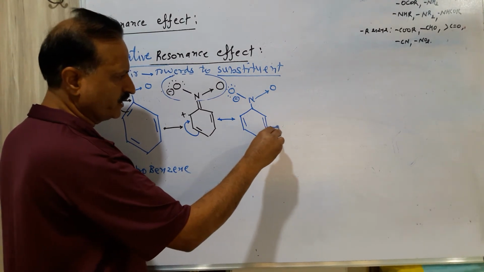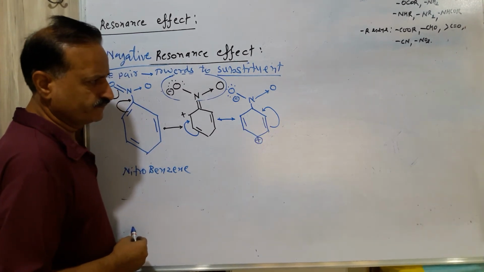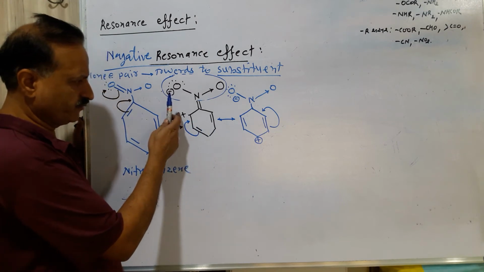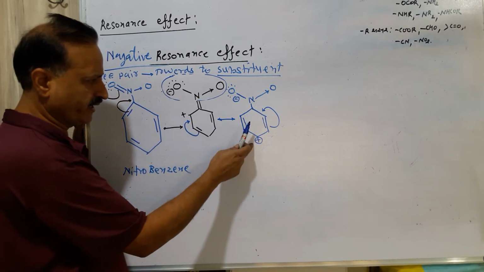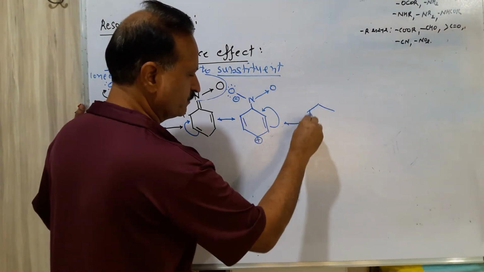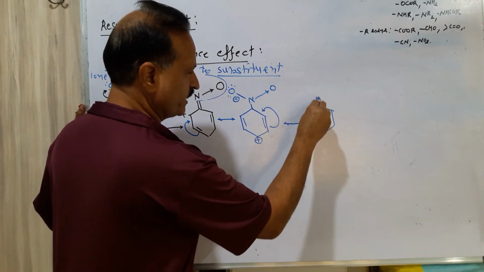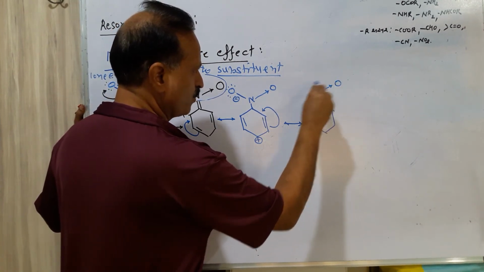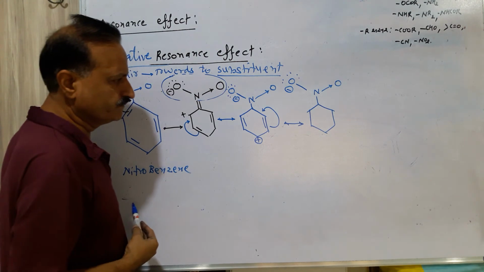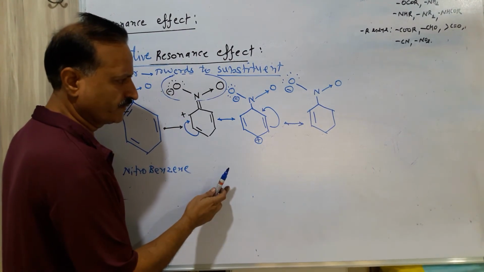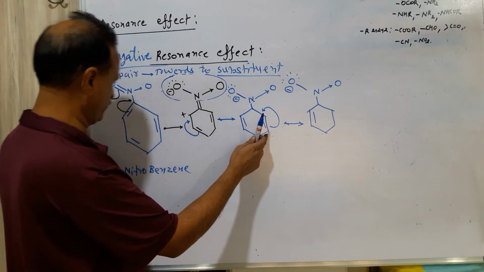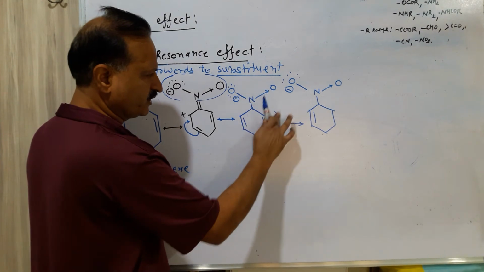Bond will transfer over here. So here the charge is changed from ortho to para, para to ortho. Above structure as it is, no change. Above structure as it is, N O single bond, O 6 electrons minus charge. This bond as it is. This bond transfers over here, it is correct. Ready. This bond will transfer over here.